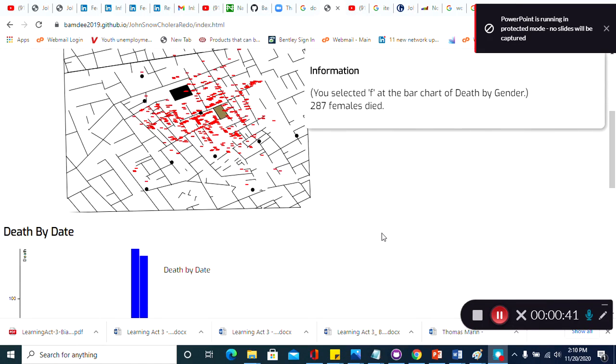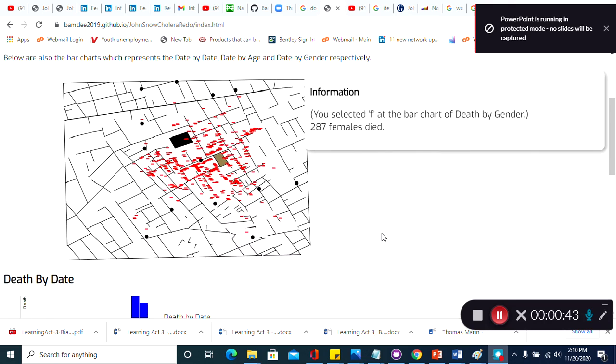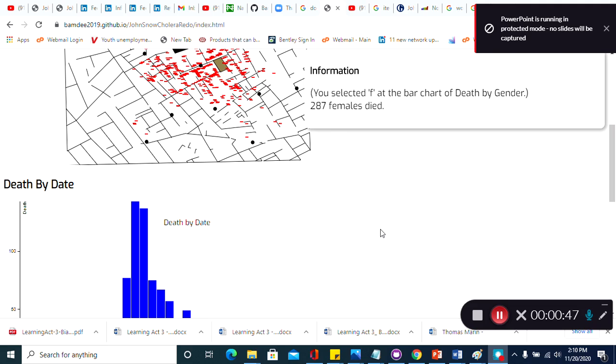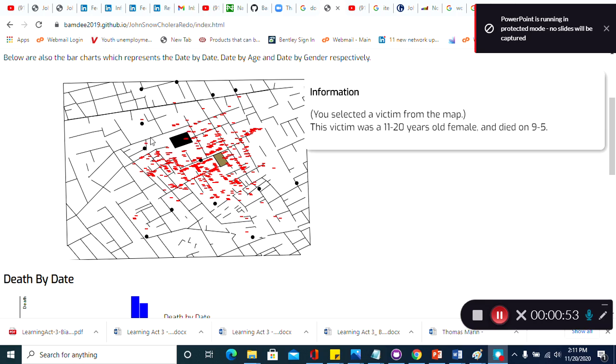So this map, I will be showing certain nuances that are very obvious, and also the ones that are derived, like insights from the interactions with this map. So this is the entire map of the street of London at that time. These black dots are depicting the pumps, the water pumps where the public go to for source of drinking water